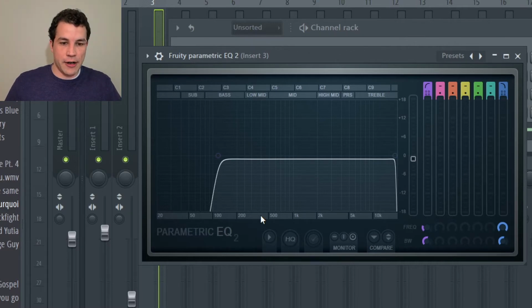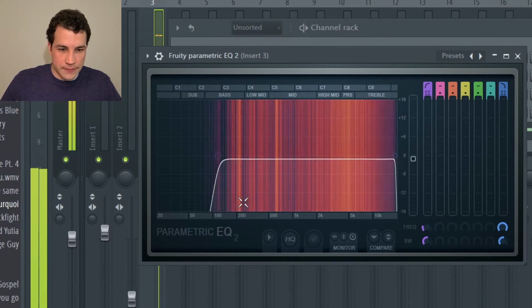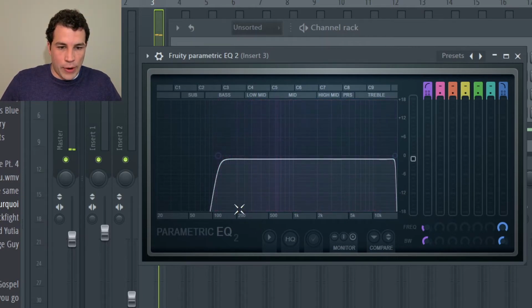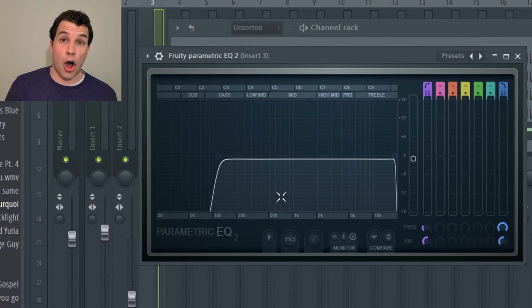So again, the snare, the brighter the line is where it's hitting the most. So it looks like around 200, and then right above 500 right there is where that sound is hitting the hardest. And so what you want to do when you're putting your track together is fill out the frequency spectrum. You want some sounds in the highs, you want some sounds in the lows, you want some sounds